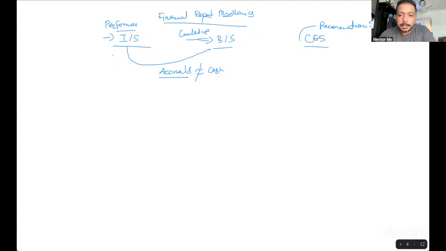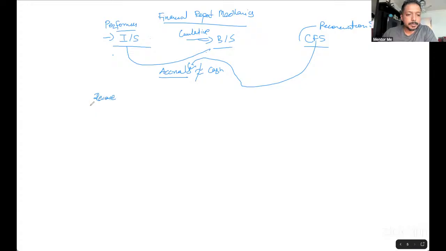The cash flow statement basically helps us get rid of the accruals and see how much money we actually made in terms of cash. This is the idea that we already know, but how is it linked? So let me draw a very simple income statement, balance sheet, and cash flow. Let's start with